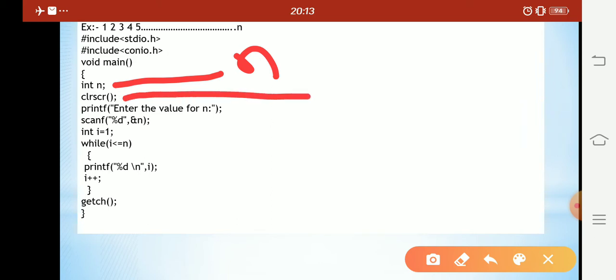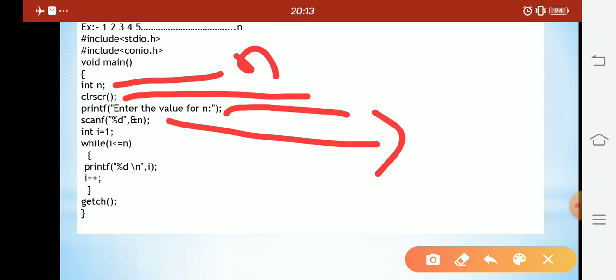Then clrscr, we know this function is used to clear the screen. Then printf("enter the value for n"), then scanf("%d", &n).